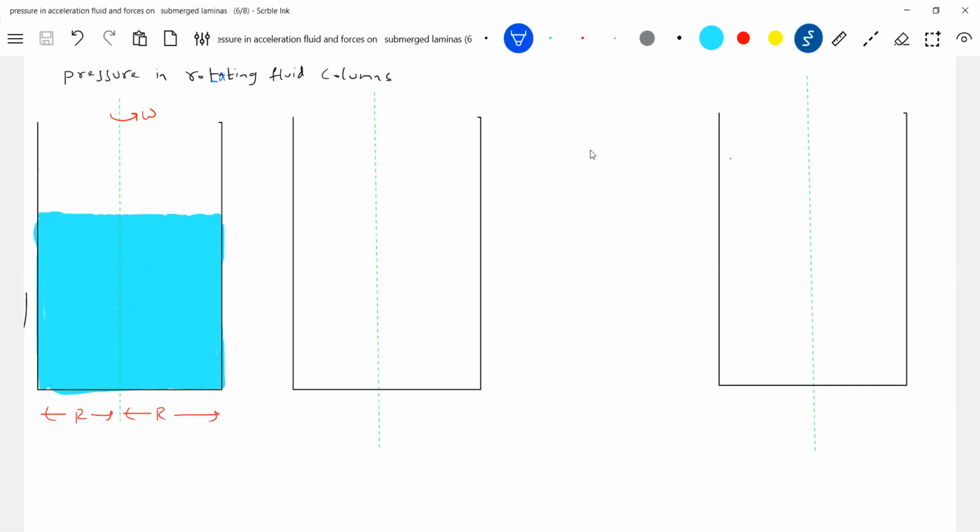So I'm just calling it pressure in rotating fluid columns. Go back to the circular motion. We had a certain idea of centrifugal force that we are going to apply for the fluids here. There we discussed it for either a particle or a body. Now, what will be the centrifugal force impact on a fluid particle? Because you take any particle, or better say molecule, the molecule will have a mass, or some elemental volume of a fluid will have mass. So it will experience that radial outward force. Due to that radial outward force, it will change its orientation. This we are discussing. So this centrifuge is something very important.